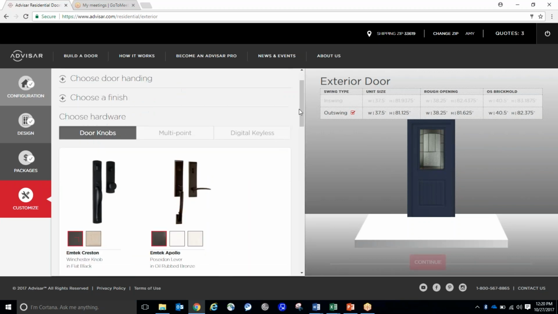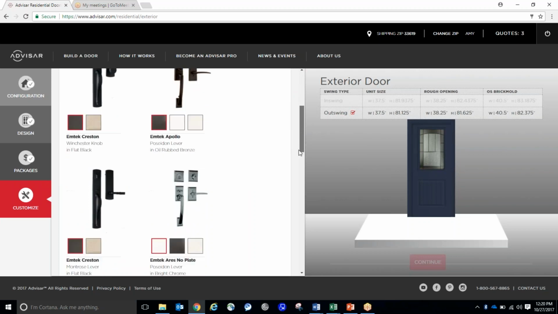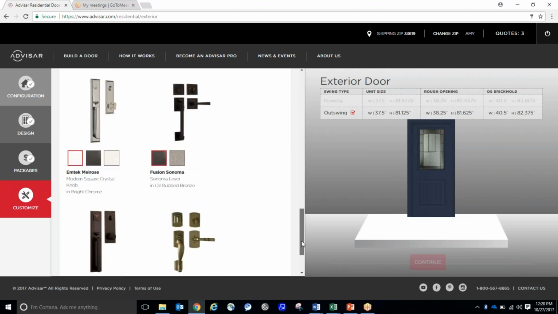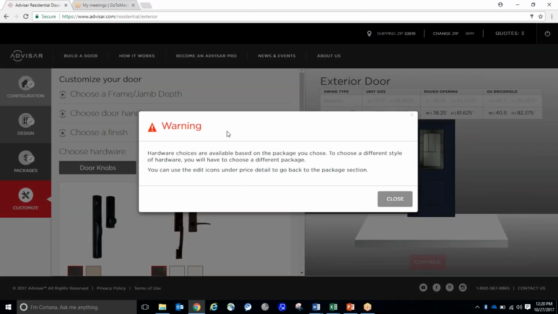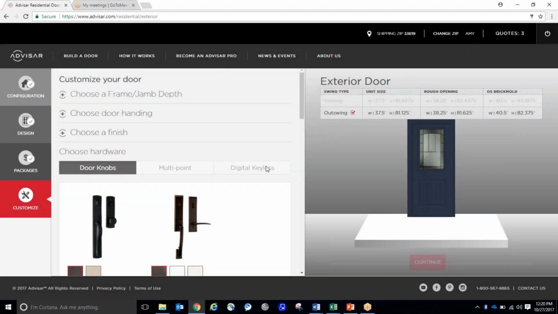All right. And now it is time to choose hardware. And so I have all my hardware options. Remember, I selected the select package. You'll notice here that I can't click on multi-point or the digital keypad, and that warning label was telling me I needed to do something to go back and make a